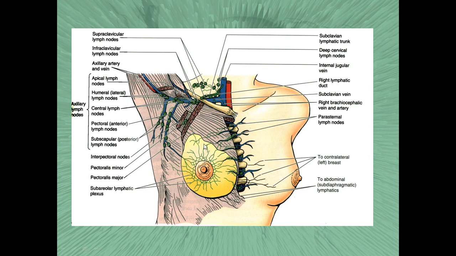Then from the middle quadrant it can drain into the parasternal lymphatic nodes, and then to the anterior mediastinal lymph nodes. Then from the inferior quadrants of the mammary gland to the lymphatic nodes of the abdominal wall,